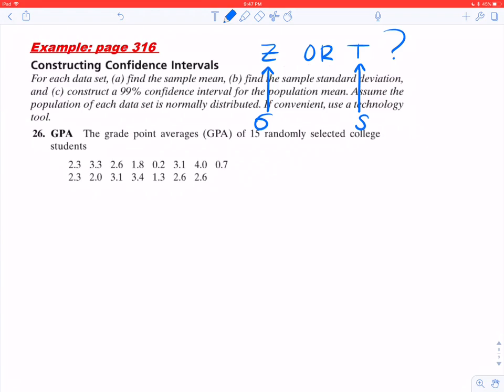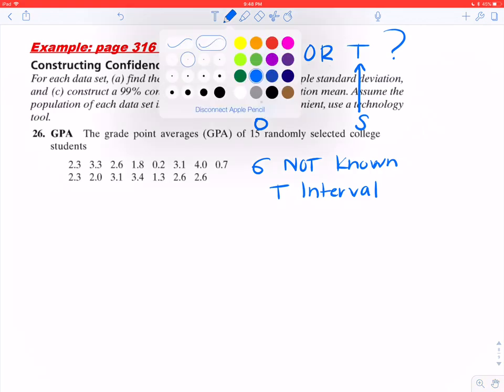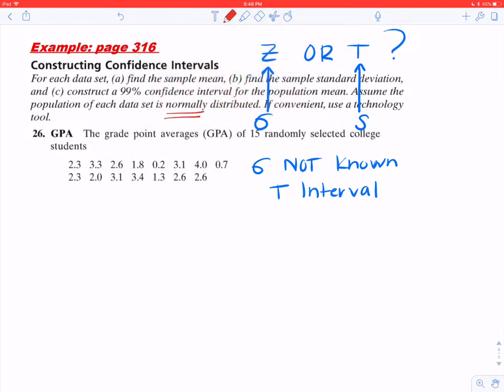So the first thing I'm going to note here is that I am not given the population standard deviation. Therefore, I'm going to construct a T interval to estimate that population mean. And I'll verify the other properties here. I do have a small sample size, so I'll make sure that I'm given a normal distribution and a random sample. So always check those conditions first to make sure that you're able to use that particular interval. And then once I know that,